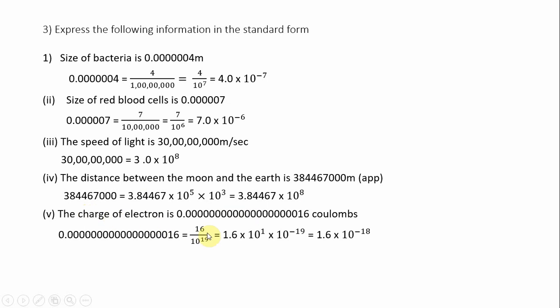Now the charge of an electron is so small, children. 0 point and 19 digits are there after the decimal, along with the 1 and 6, in coulombs. So here first I will write this number as 16 by 10 to the power of 19, because 17 zeros are there and 1 6 is there. So together it is 10 to the power of 19. But here we want 1.6 into 10 to the power of 1. Why only 10 to the power of 1? Here a single digit is there. Now we take the 19 from the denominator to the numerator. It becomes 1.6 into 10 to the power of 1 minus 19, which is equal to minus 18. So 1.6 into 10 to the power of minus 18.